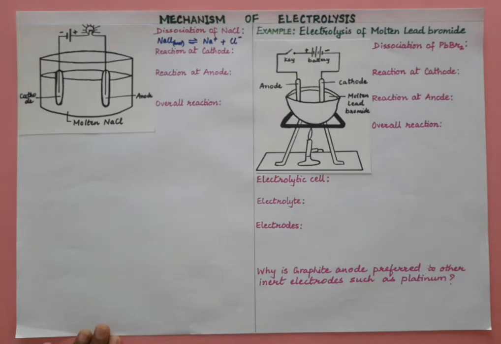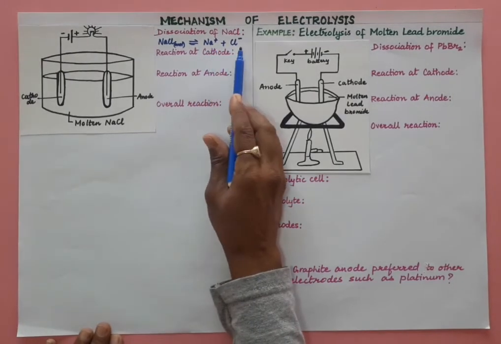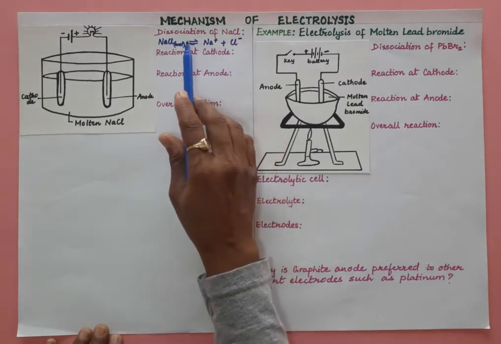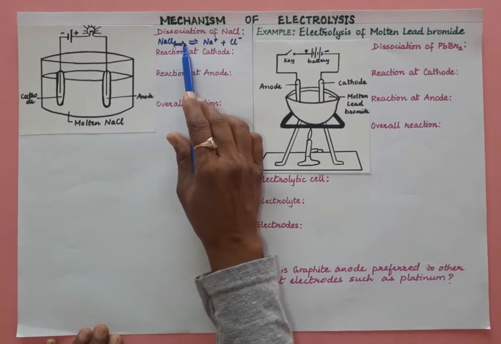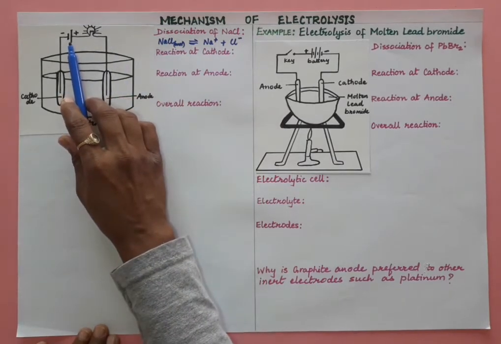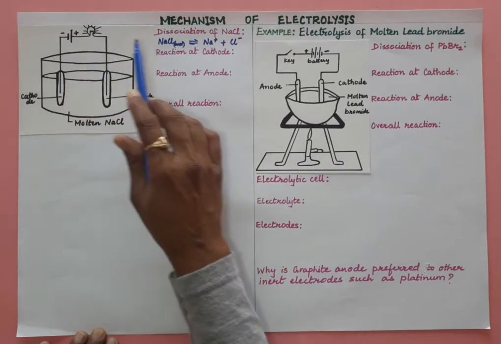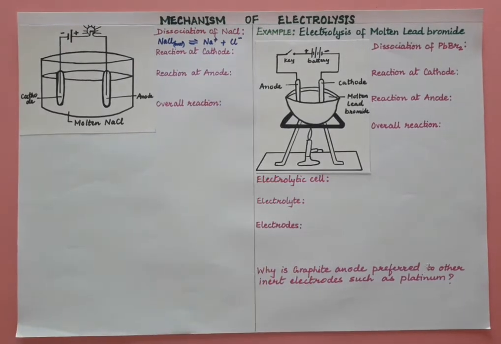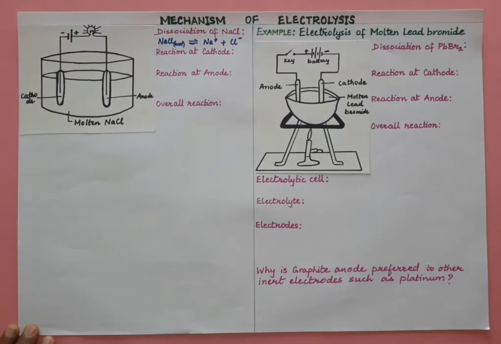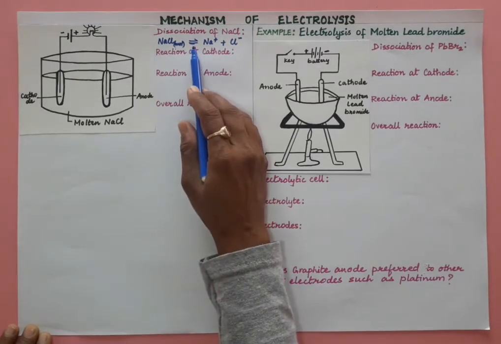Now these oppositely charged ions are attracted to one another and the electrolyte molecules are formed, and that is called association. See what happens when you are heating it. Dissociation takes place into Na+ and Cl- ions. You are not connecting the battery right now, so the circuit is not complete. So association and dissociation, separation of ions and association of ions, take place continuously. Therefore, electrolytic dissociation is a reversible process.